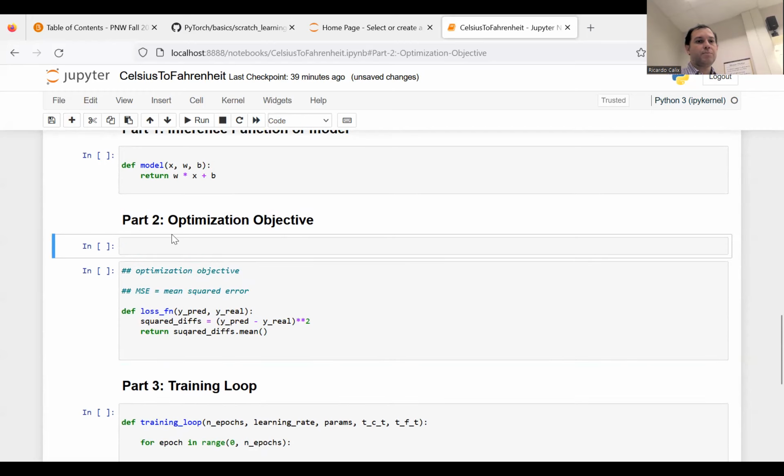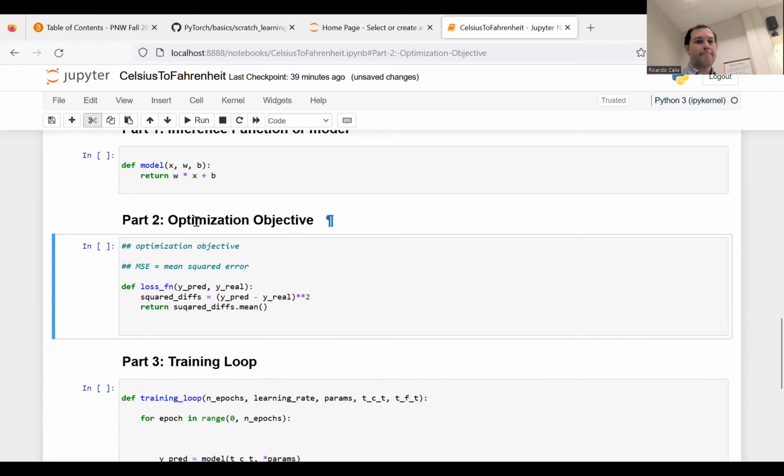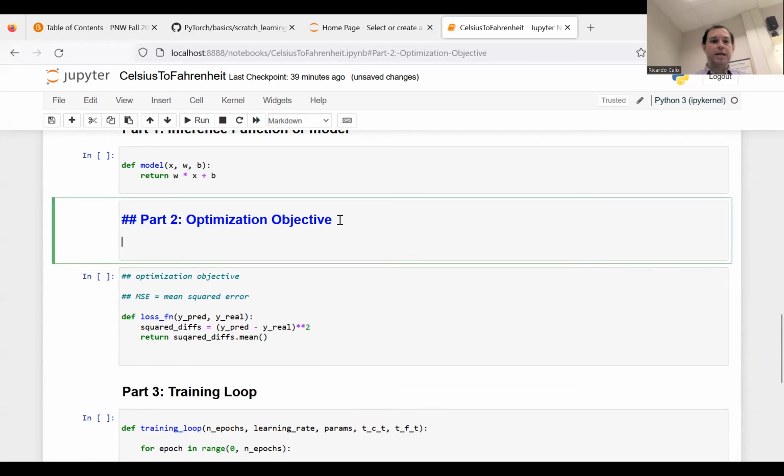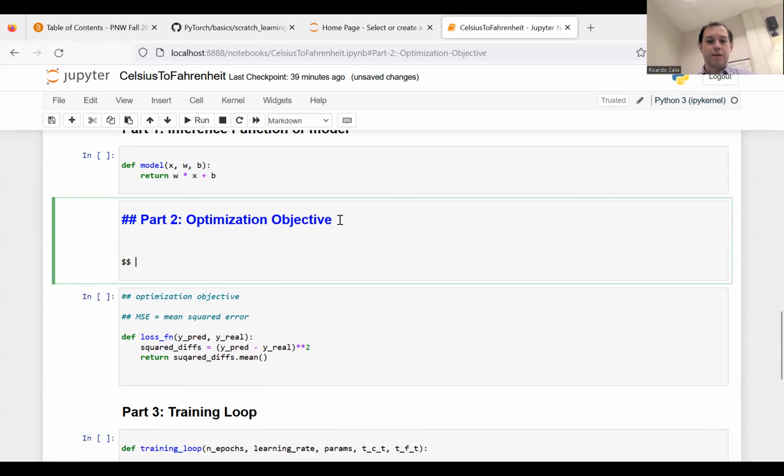So it should look something like this. This is usually how it's written. It should be J. J is usually the variable that denotes loss. And then it's going to be, you know, Y